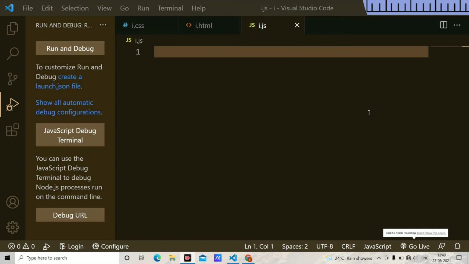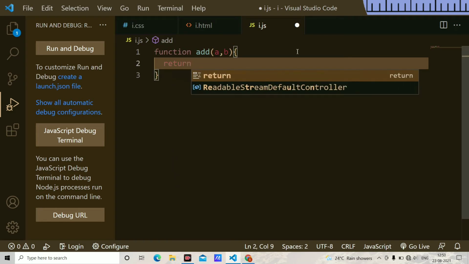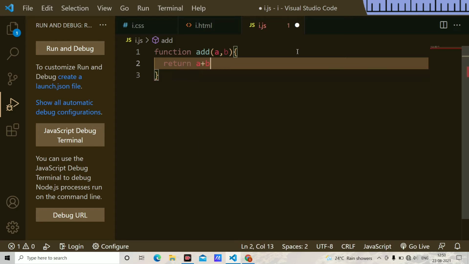Well, now I am going to discuss functions in VS Code. Functions are a set of blocks which we can use from time to time or whenever we want. First of all, to create any function, you must have the function keyword. Here I am typing the function keyword, and you have to add the function name. I'm adding add as the function name, and I'm giving parameters or arguments to this function. And next, I'm using a return statement with a plus b. This is how we create a function.